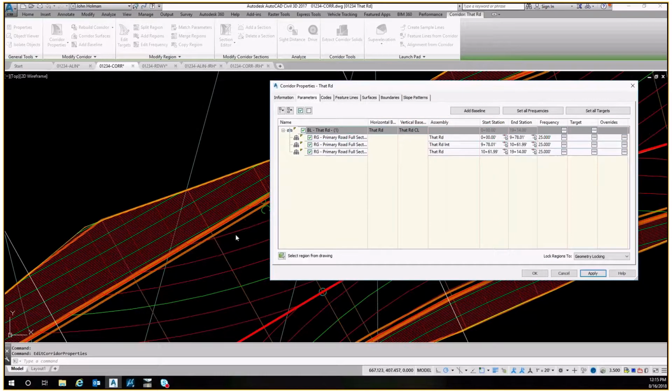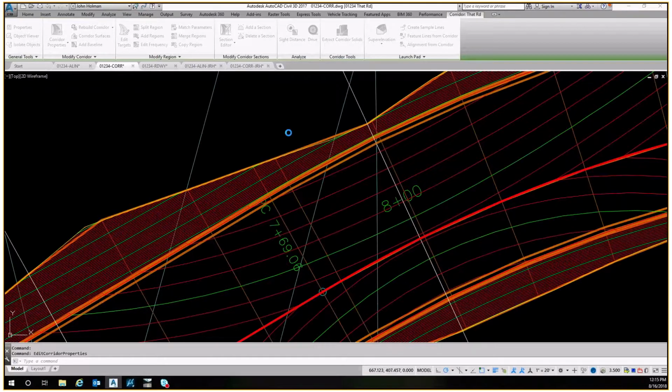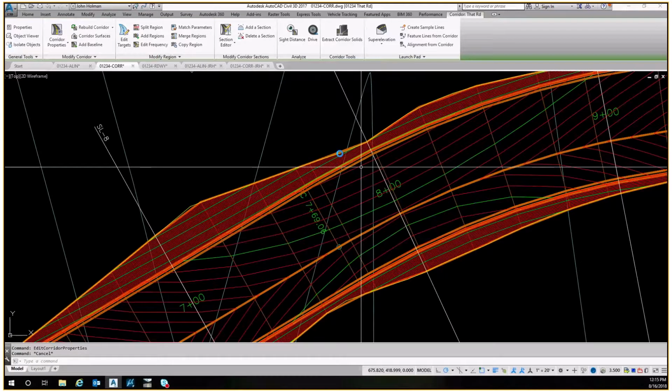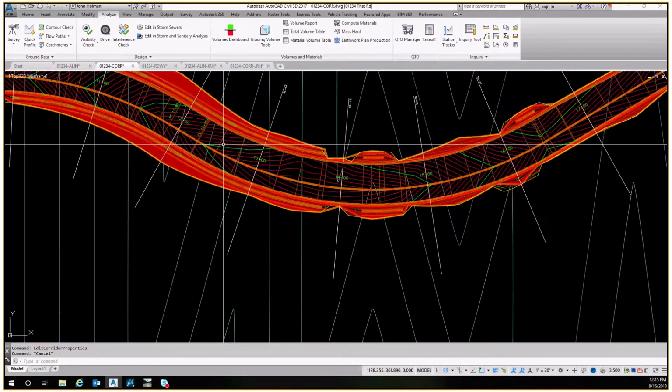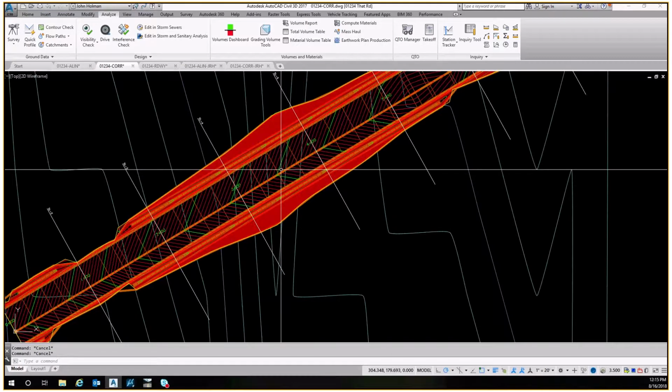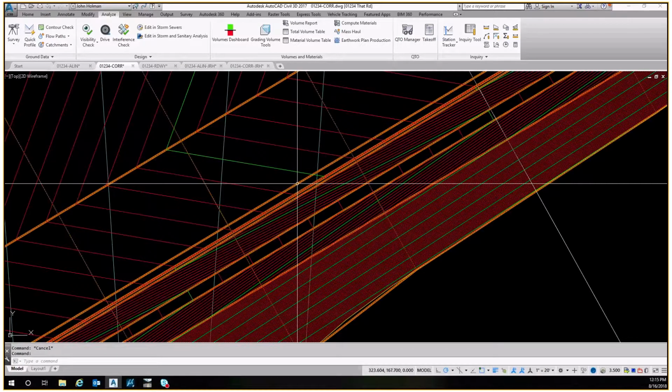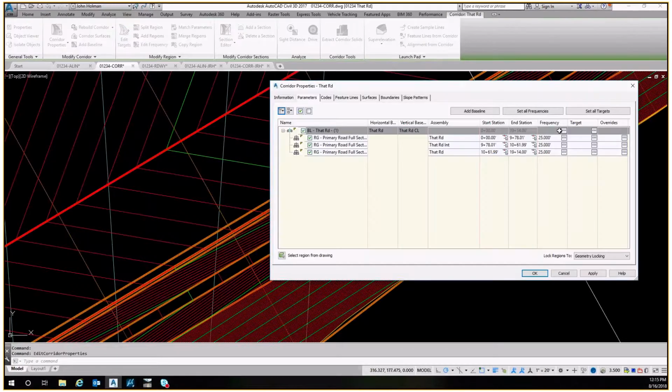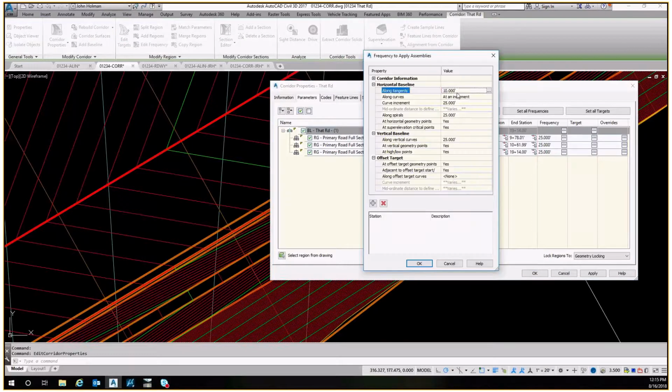And apply that. You're going to see that those brown lines across the center line get spaced further apart. And if I go ahead and look at the surface, you'll probably notice as well that in a lot of places it gets a little wonky because it's not sampling as often. So I like to have my frequency, the target frequency,